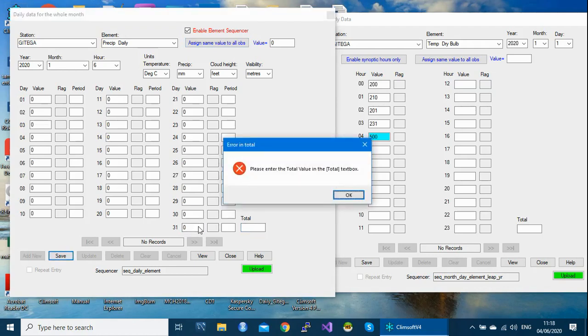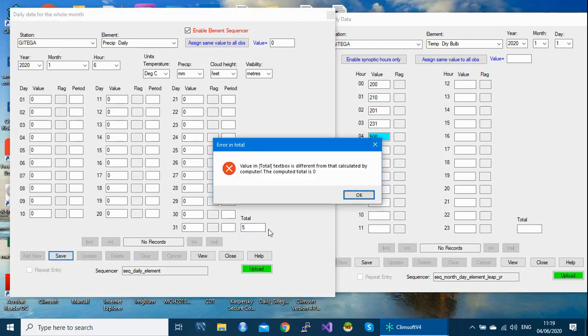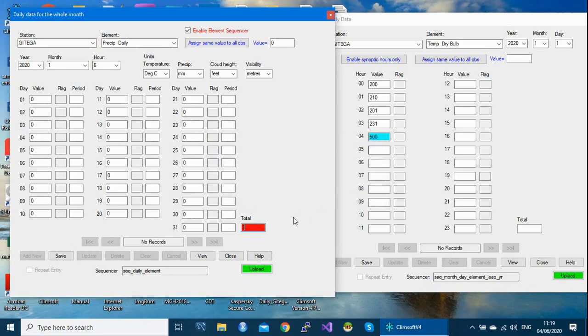And then here it says you need to confirm your values. You cannot leave this value box blank, because I'm expecting a value here. So if you say, for example, 5, it will say no, this is not correct. After computation, I saw the value should be 3. So this is to help you during your data entering process.